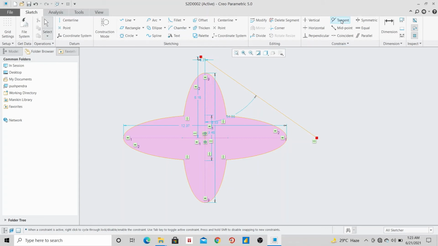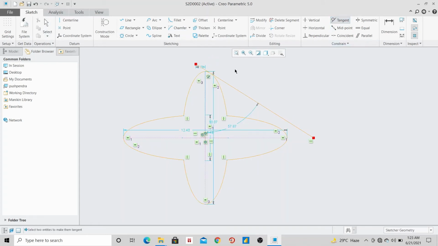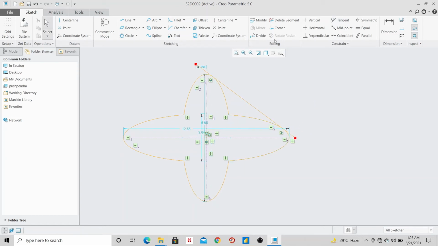I will go for this tangent command, select the ellipse, select the line, it will be tangent. Then again left click once and then select the ellipse and the line, it is tangent. And then I will delete the undesired parts. It is time taking. So what I will do, I will delete this. I will go for line tangent.